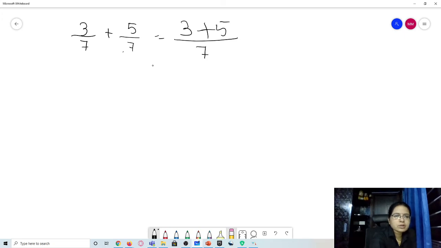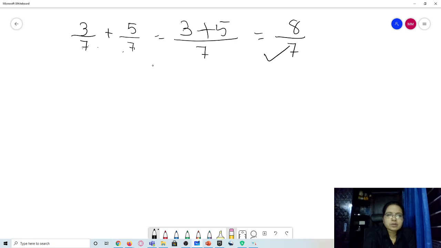the denominator, that is equal, the denominator stays 7. So 3 plus 5 is 8. 8 divided by 7. Now this is an improper fraction. We have to convert this improper fraction into a mixed fraction. This is also correct, and if we convert this improper fraction into a mixed fraction, then